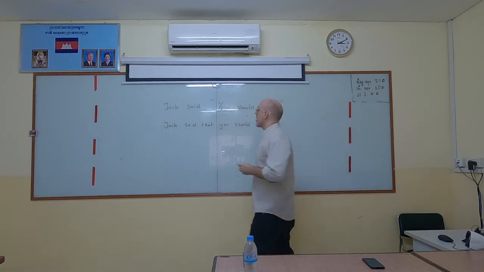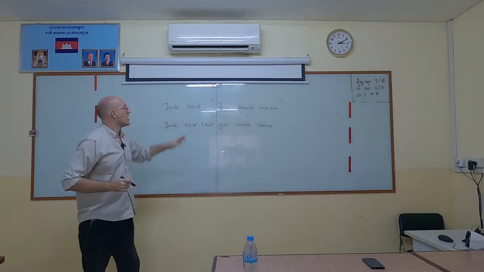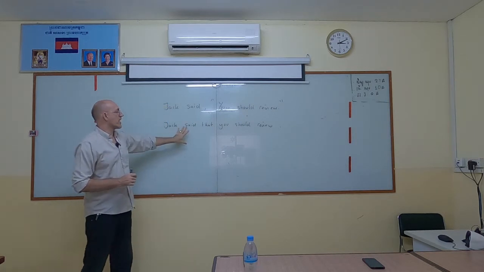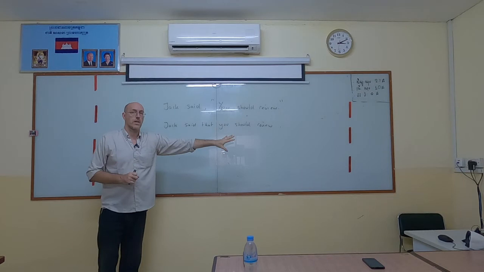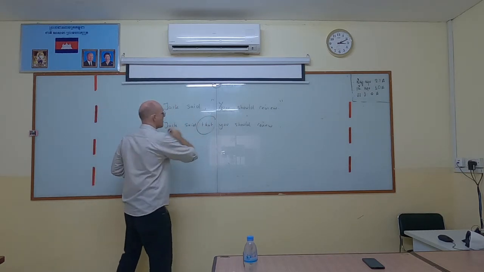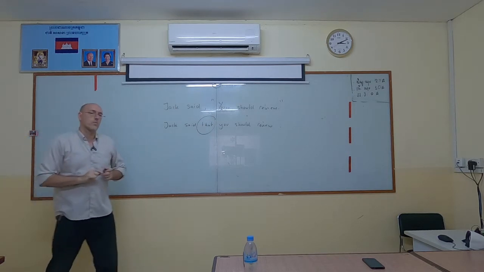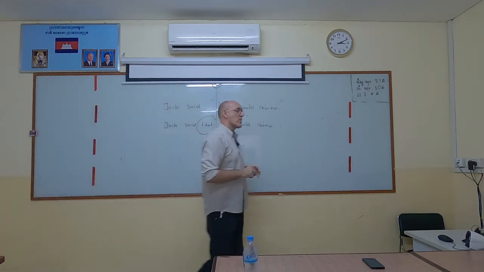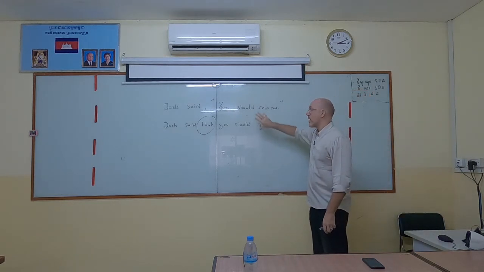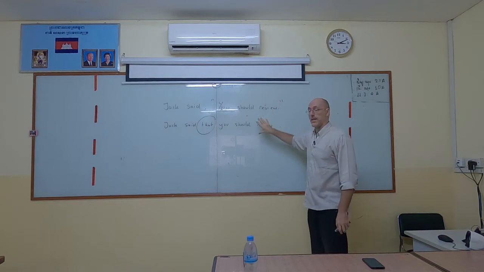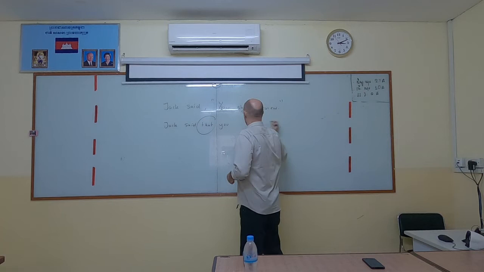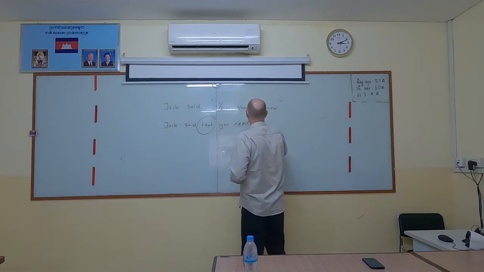Now in direct speech, we are directly quoting what Jack said. Jack said you should review. In indirect speech, we can say Jack said that you should review. Okay, now it's that word here that makes the difference. It tells us that we're not directly quoting what Jack said, but instead we're giving you the gist of the information. Now sometimes, as in this example, we are exactly saying what Jack said, but we absolutely don't have to. Jack said that you need to review.